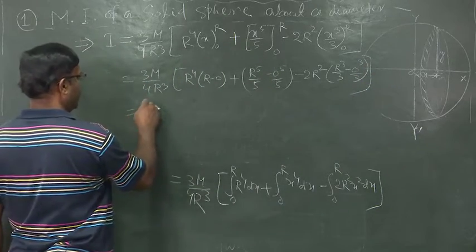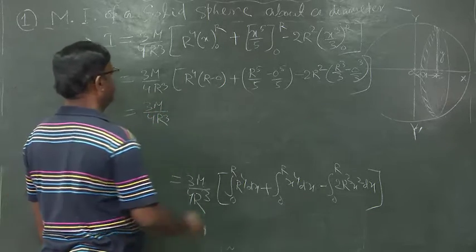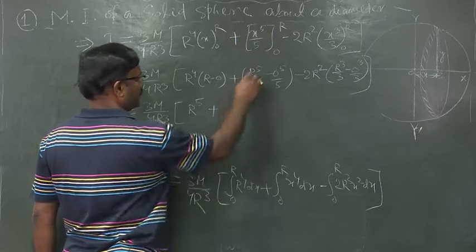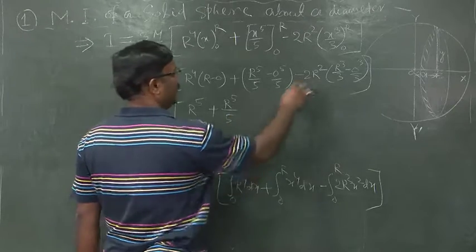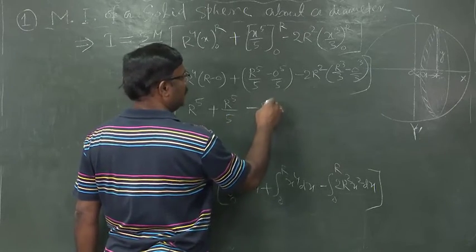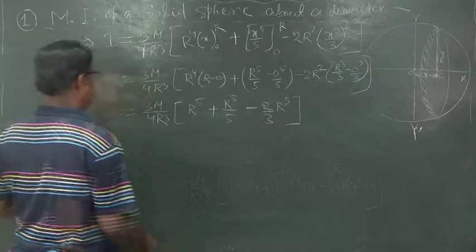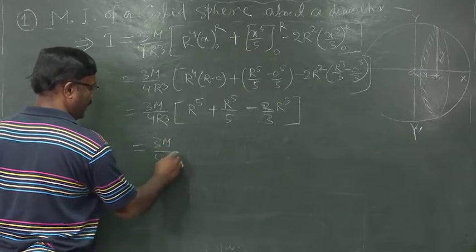Further, we can write this as 3m by 4r cube into r to the power 5 plus r to the power 5 by 5 minus 2 by 3 r to the power 5, and it can be written as 3m by 4r cube